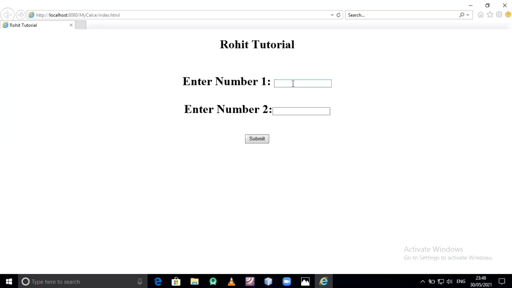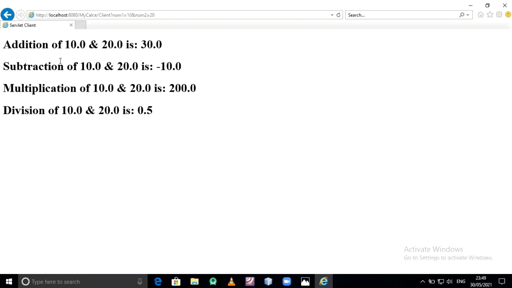So this is our front page. Suppose 10, second number is 20, and I press the submit button. So our output is addition of 10.0 and 20.0 is 30, subtraction is -10, multiplication is 200, and division is nothing but 0.5. So this is all about how we create a calculator program using web services in Java.